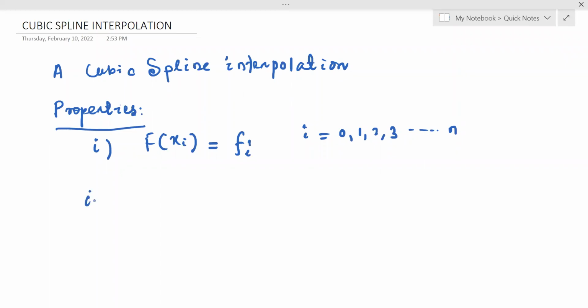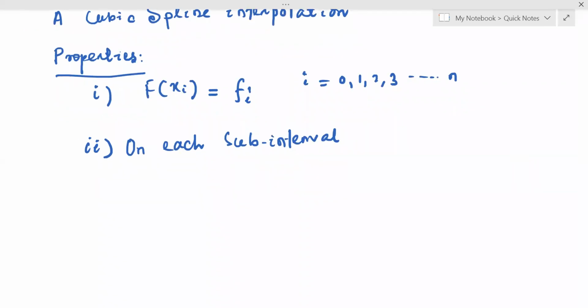Second condition, on each subinterval xi minus 1 to xi, where 1 is less than or equal to i less than or equal to n,